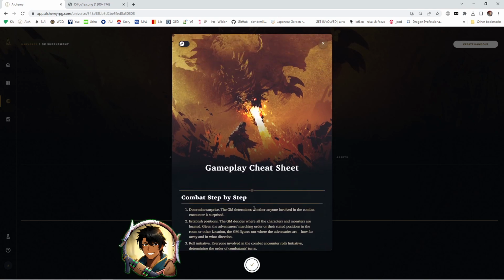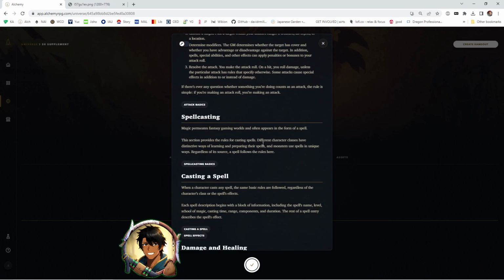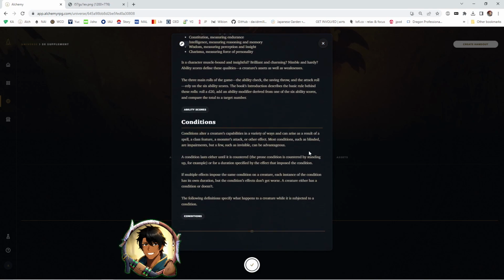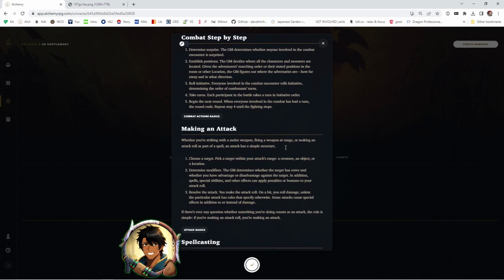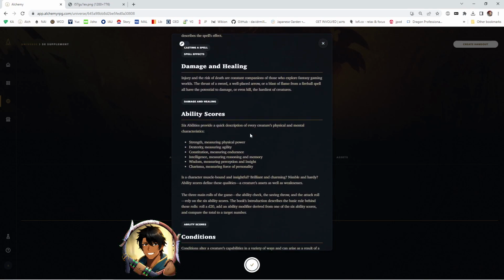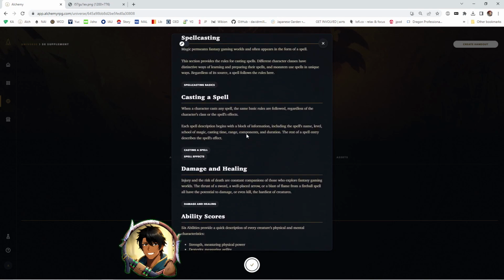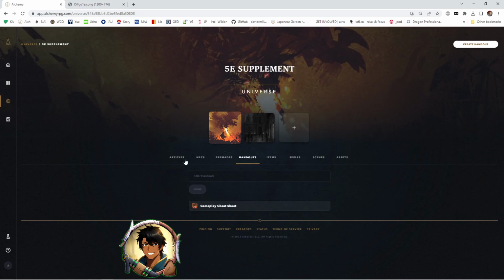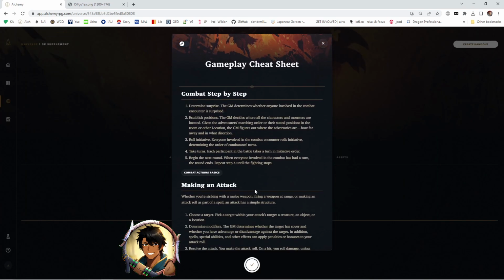The other difference between articles and handouts is the viewing format. Handouts only have this narrow view, so you don't get this sidebar that's usually here, and you can't really use the scrolling function very well. You can't browse all the way up and down very easily if it's a very large handout. This one isn't. So if you try adding an article that's just really long to a handout, it's going to be really hard for your players to scroll through and see everything. So my way to fix that for this handout is